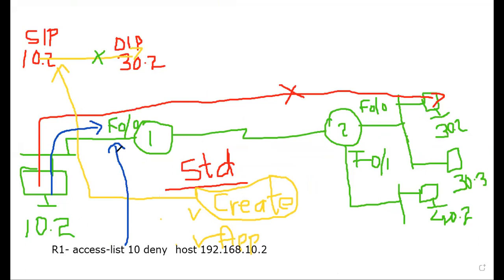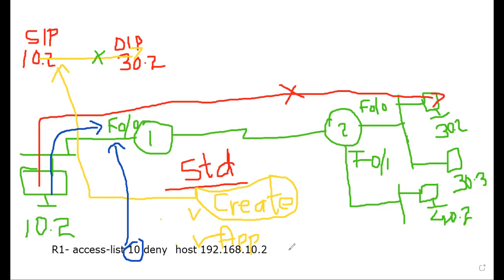The moment it reaches F00, it says there is an access list, go and check the database. Here, while applying, I will apply by giving the access list number 10 on the F00 interface. So the F00 interface says access list 10 and the database exists, go and check. When it looks into the access list statement, the database says deny if anything is coming from 10.2.